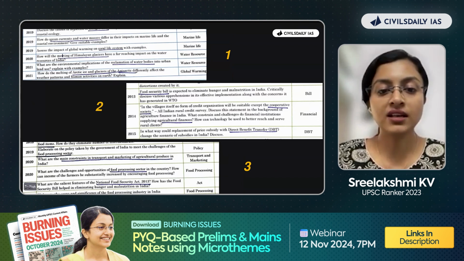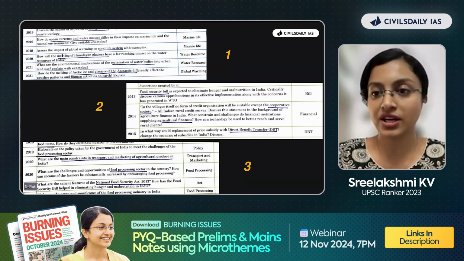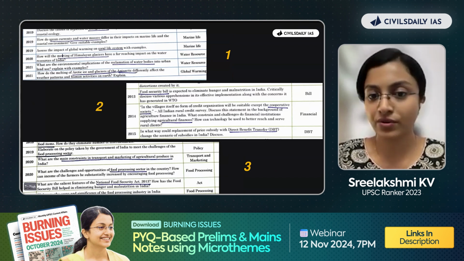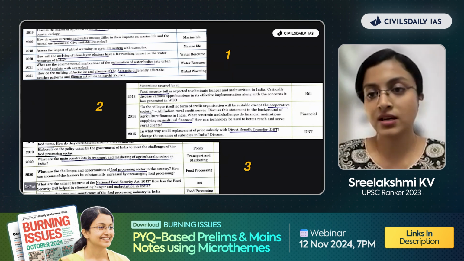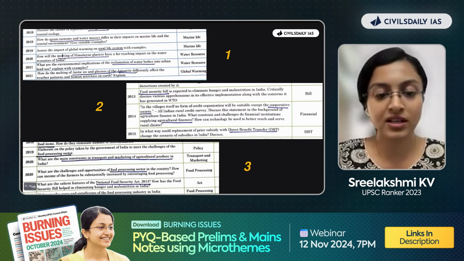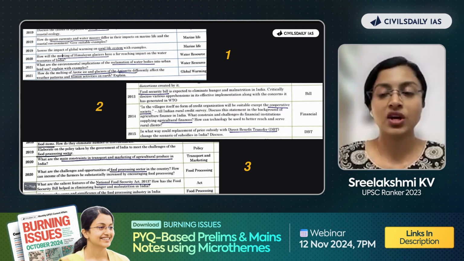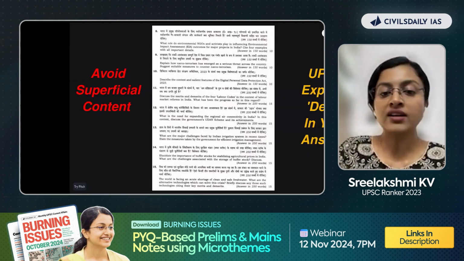Right? Similarly, food security bill. It's a bill, legislation, GS2. No, it has come in GS3. Again, WTO seems to be like an international relations kind of, international organization kind of question, but no, it is under GS3. Again here, the National Food Security Act 2013 seems to be like a GS2 question. It came under GS3. So what do you understand from this?